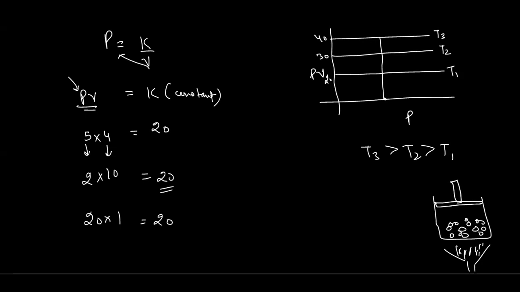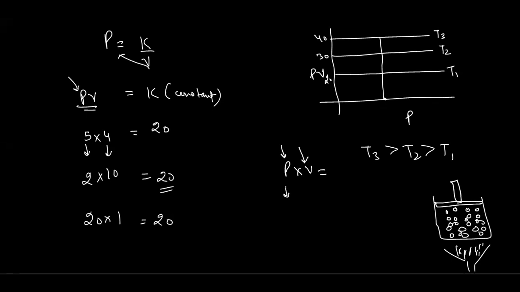So when we increase the temperature, the pressure of the gas will increase. In order to keep that pressure constant, we need to increase the volume of the gas. So at constant pressure for a fixed mass of a gas, on increasing the temperature, the volume of the gas will increase. And if the pressure is constant and the volume is increasing, then the overall PV value will increase.